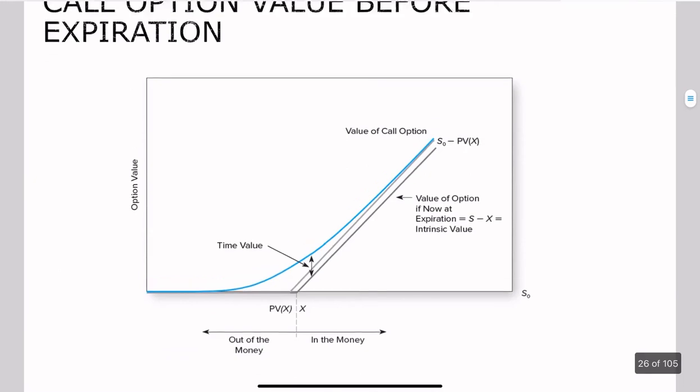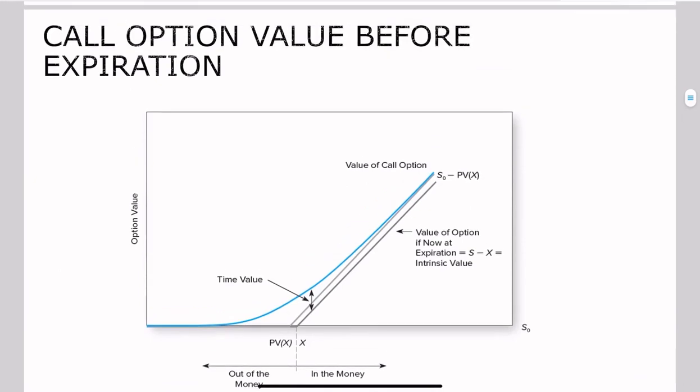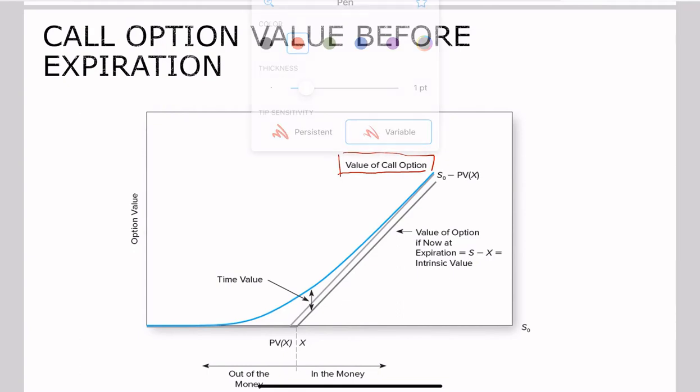Okay, let me see what this picture is about. So basically this picture gives you several curves. You can see that first, this blue curve is about the value of the call. Now what about this line? This guy here. Well, this line is essentially